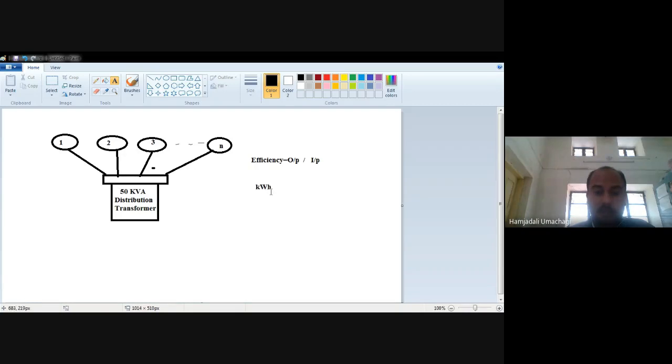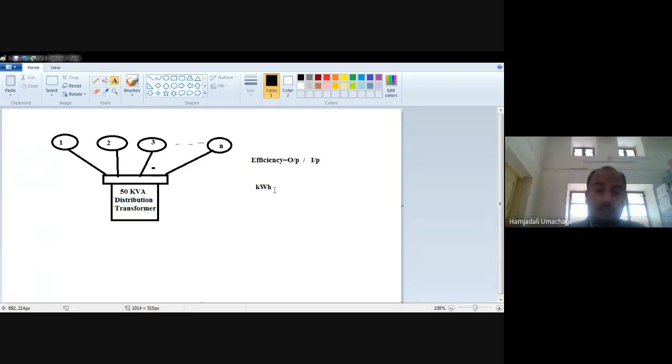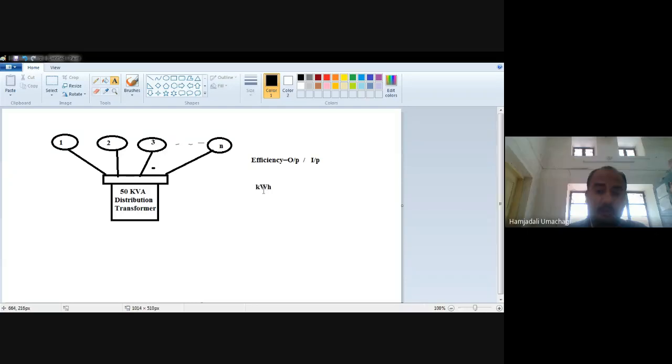Time in terms of hour, and kilowatt, this is power. Power multiplied by time means what? Power in terms of kilowatt, time in terms of hour. Power multiplied by time, what is the unit? Yes? Kilowatt hour, kWh. If you check your energy meter, what is the unit they are going to give? kWh. And as the name says, energy meter, that meter is kWh.